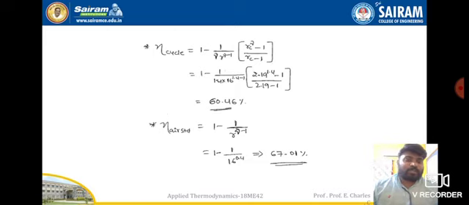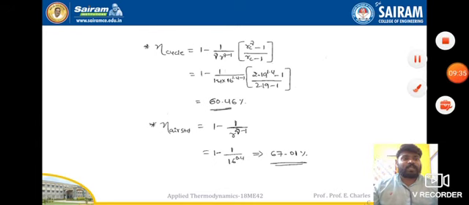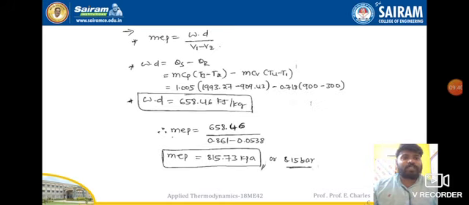If we compare the air standard efficiency and the diesel cycle efficiency, the air standard efficiency will be more than the diesel cycle efficiency, because in the diesel formula something more is multiplied: the cutoff ratio to the power of gamma minus 1 divided by cutoff ratio minus 1. With this the diesel cycle efficiency comes down. This is a slight comparison between the diesel cycle and the Otto cycle. This is how you find the efficiency of the diesel cycle.